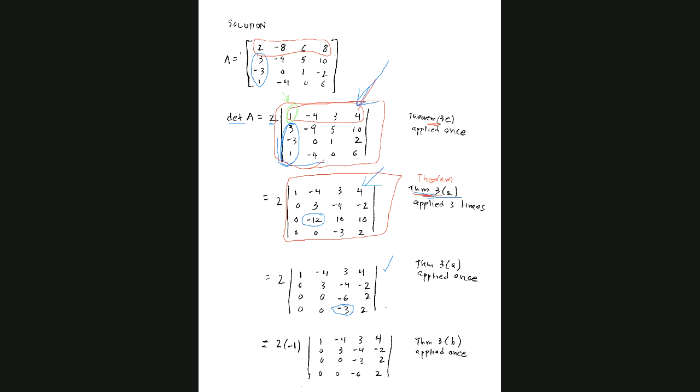But what I'm going to do is a row swap. I'm going to switch the third and fourth rows. And then that introduces a -1. So this determinant,